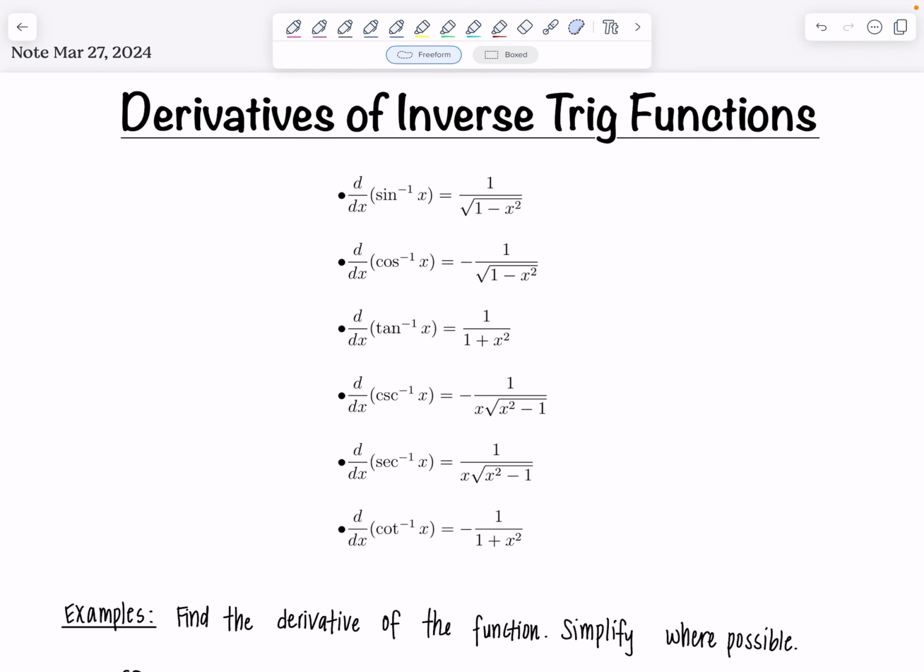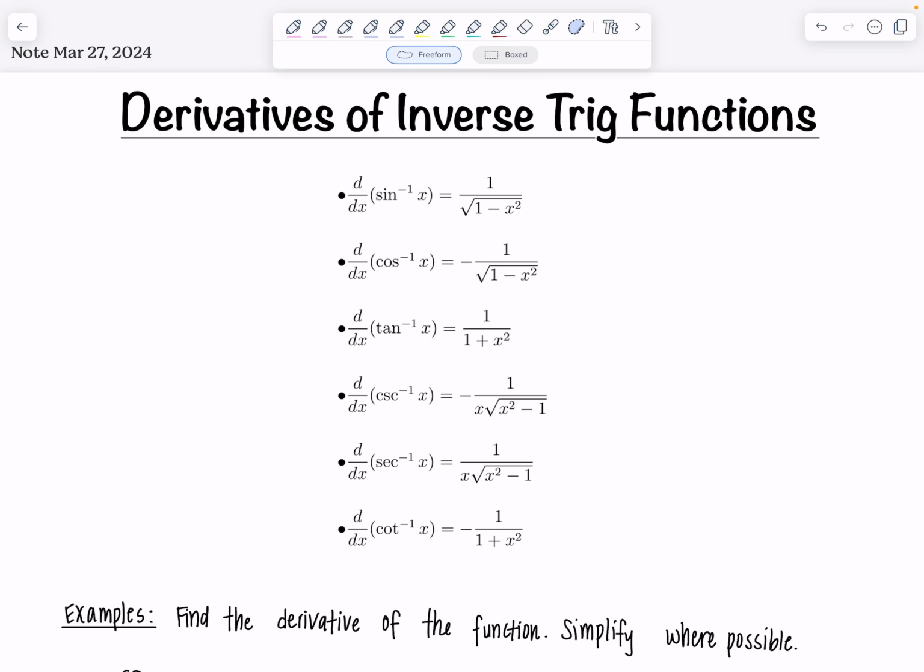In this video, we're going to go through several examples practicing taking derivatives of inverse trig functions. By the end, you're going to be a pro at this. If you want a little bit more context, you want to see the derivation of one of these formulas, then I'll link the video lecture here. But the purpose of this video is just to crank out a bunch of examples so that you guys can